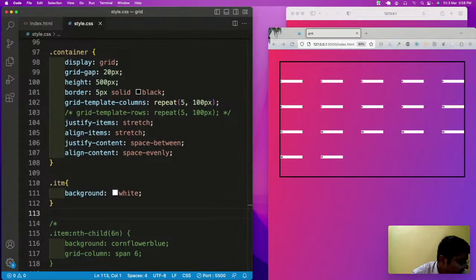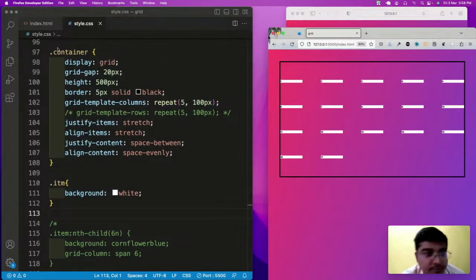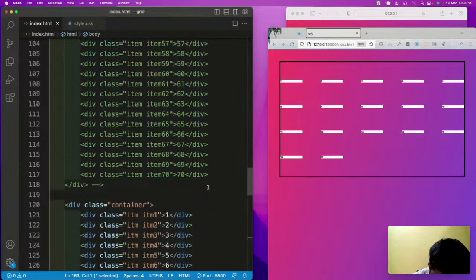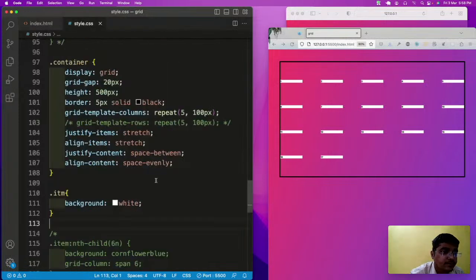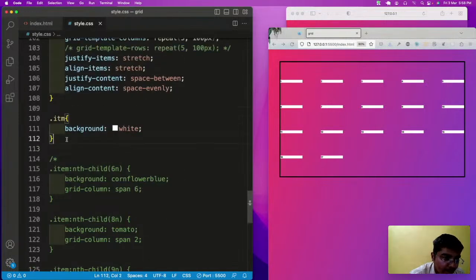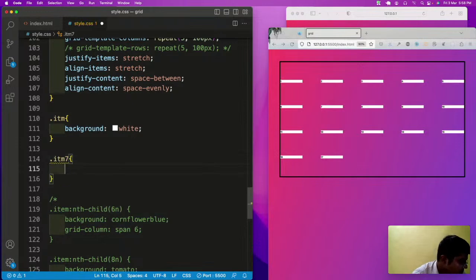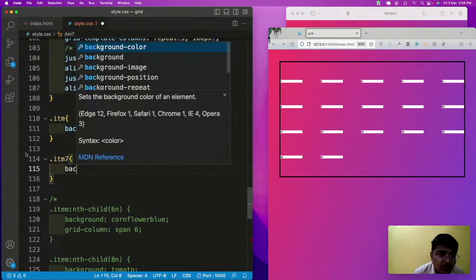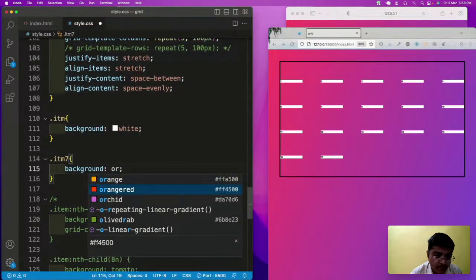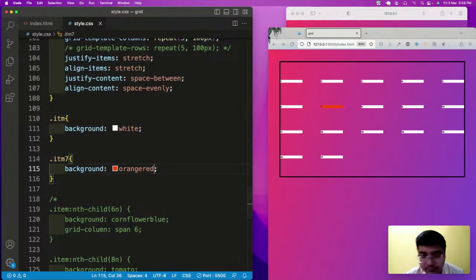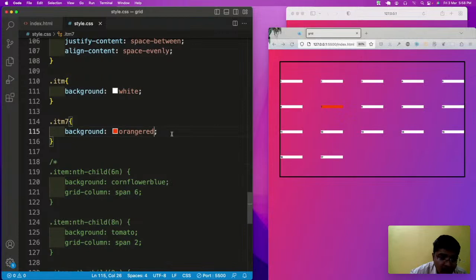Now let me target item number 7. In the background, orange, red. So this is item number 7. And here, let me apply the